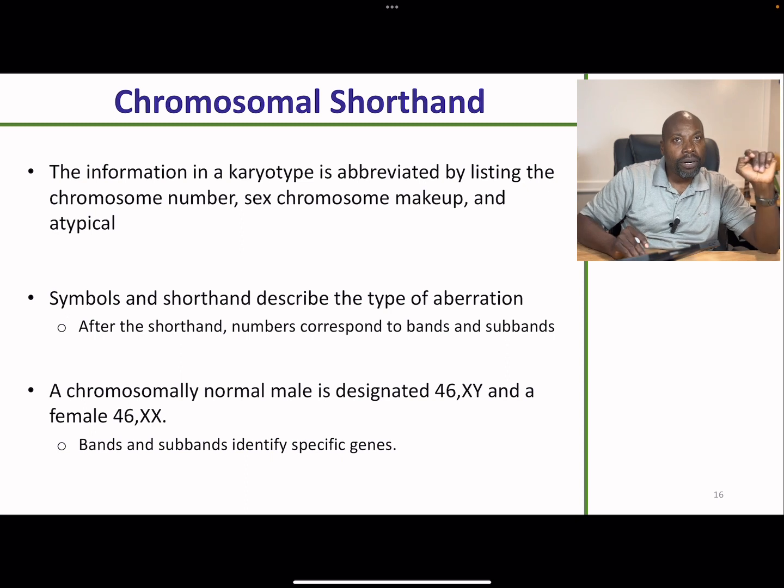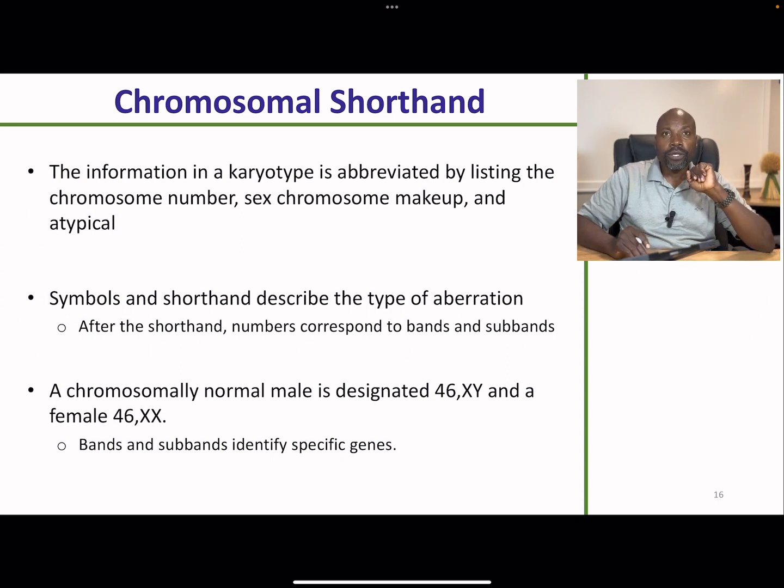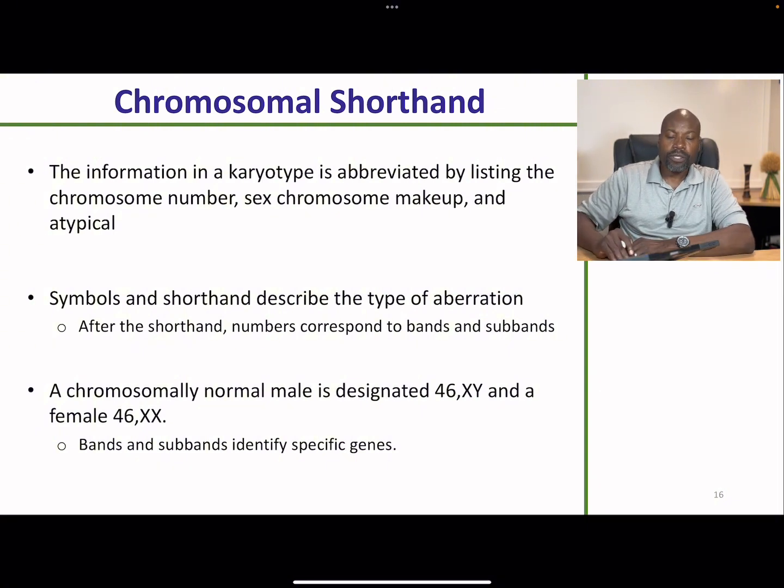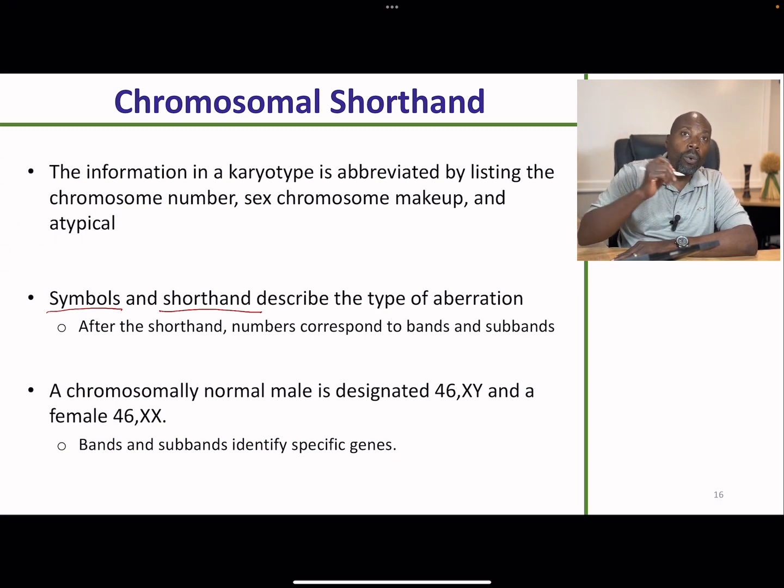Which chromosome number, right? So there are ways to actually write down on a report what we are specifically doing. So we're using some symbols and shorthand to describe what is going on with the chromosome and particularly the aberrations,